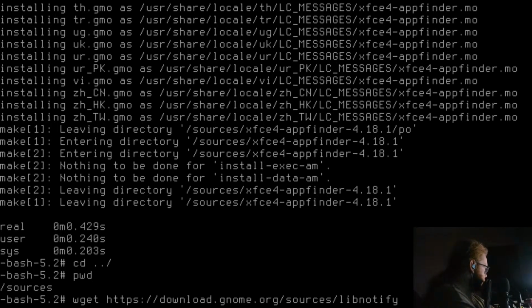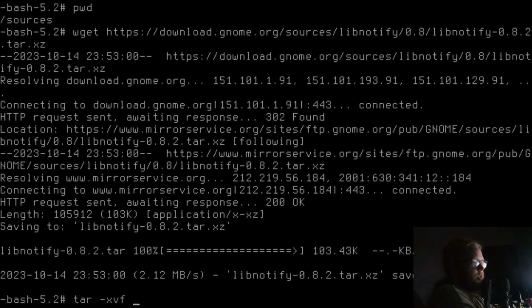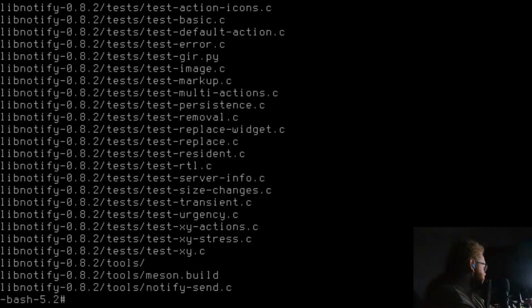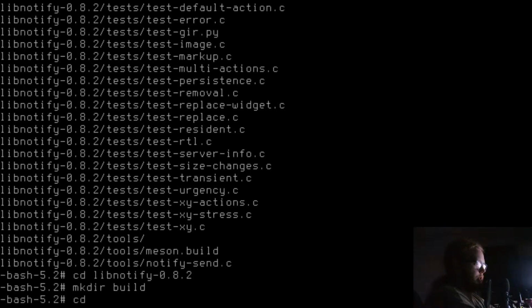download.gnome.org/sources/libnotify/0.8/libnotify-0.8.2.tar.xz, tar -xvf libnotify, cd libnotify. mkdir build, cd build.